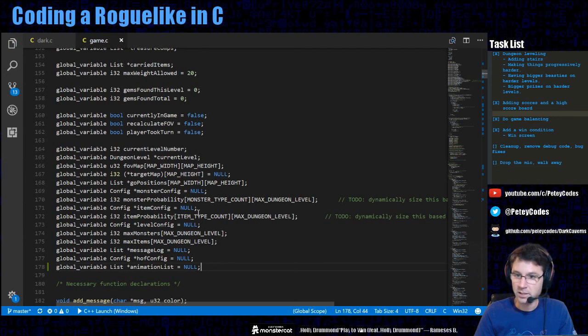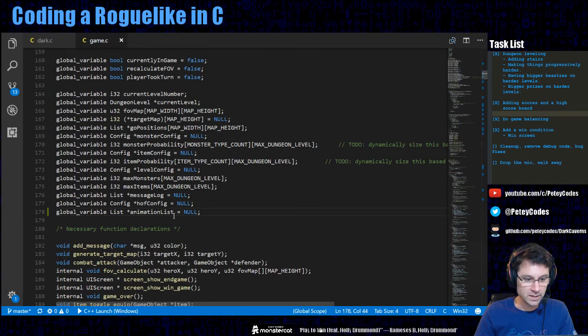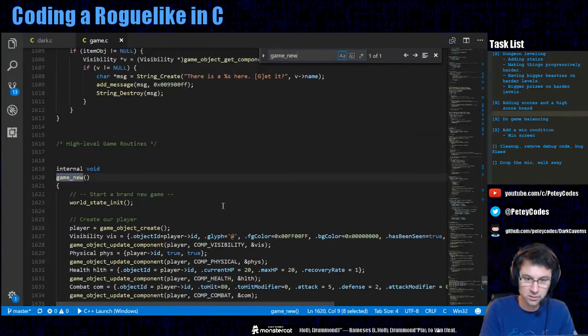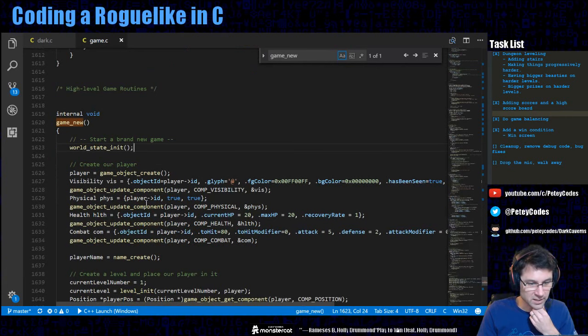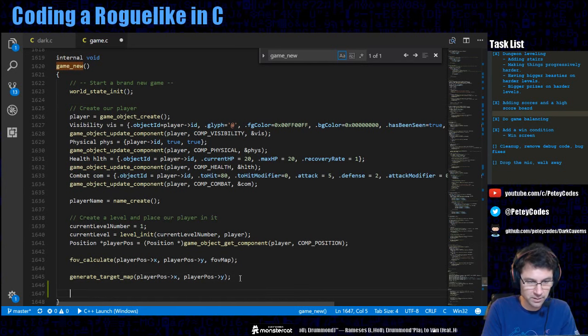Define it, set it to null initially. And then in our game, what did we call it? Game new. We do our world state init. Do we want to do it in world state init? I don't know that we want to do it in the world state init. I think we just want to do it kind of out here, generate target map. We'll do animation list equals